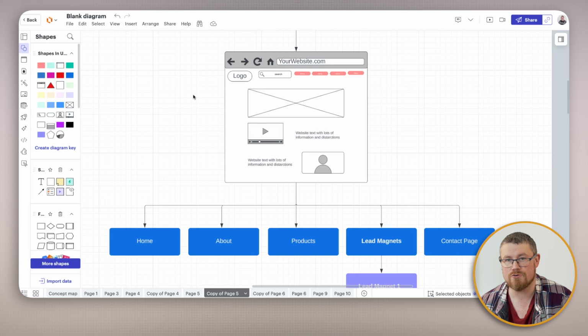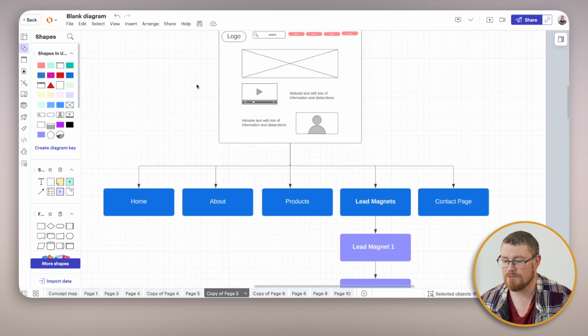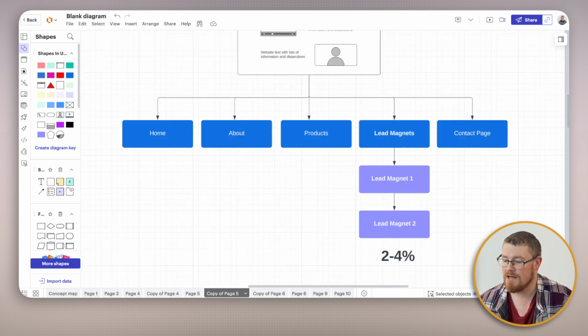It can feel like they're trying to find something. They want to opt in, they want to get to know you, they want to strengthen that connection with you because they like your content, but you're making them wade through all of the clutter that might not be relevant at that moment in time. You're asking people to go through multiple pages. Maybe you've got an about page or a product page. Maybe you've got a lead magnet page on your website, and you've also got a contact page and tons of other pages as well. And the reality is if you're asking somebody to go through all of those steps, then they're